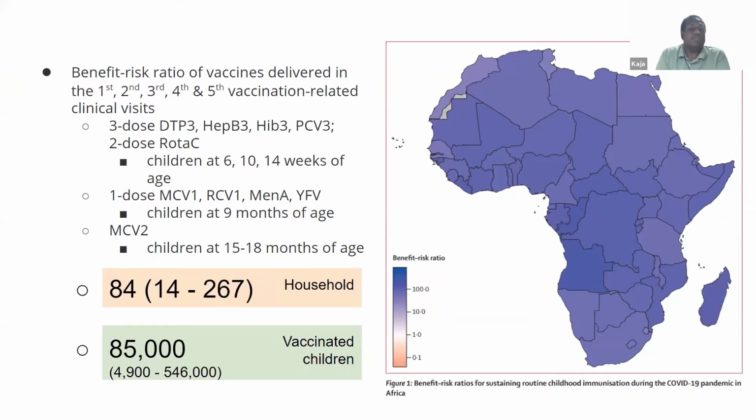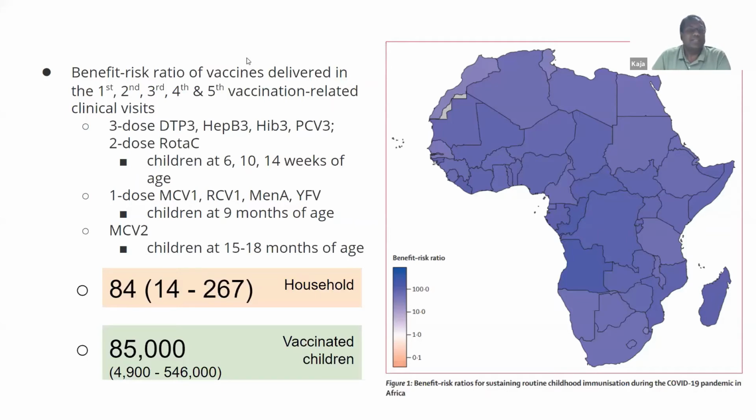And again, with respect to the vaccinated children, the impact is much larger, almost 85,000 deaths among children could be averted for every one excess death that can take place among children. And the reason for this is primarily because children are the primary beneficiaries of the routine childhood immunization program, while they are also at the least risk of severe COVID-related hospitalizations and mortality as well.